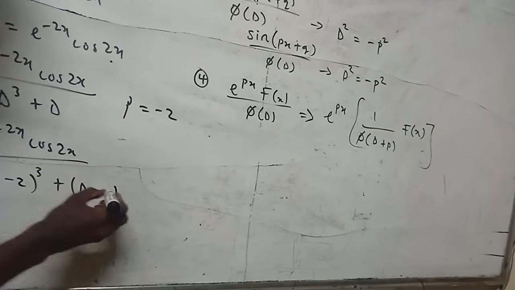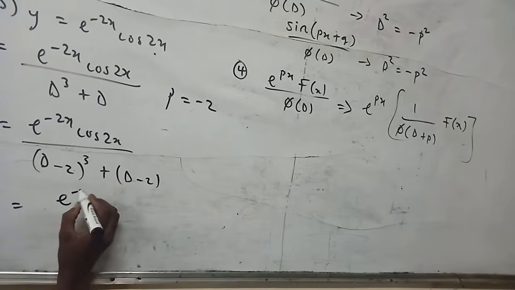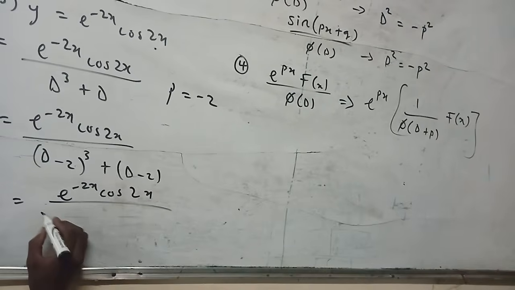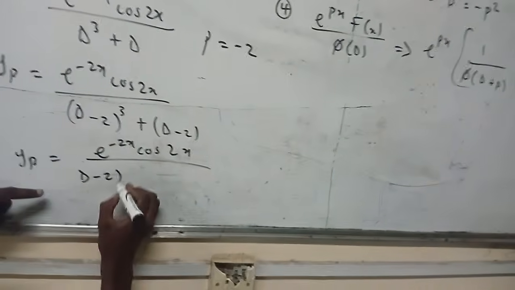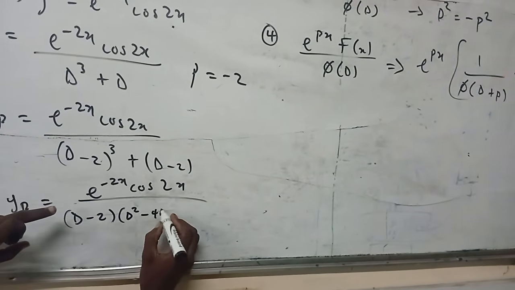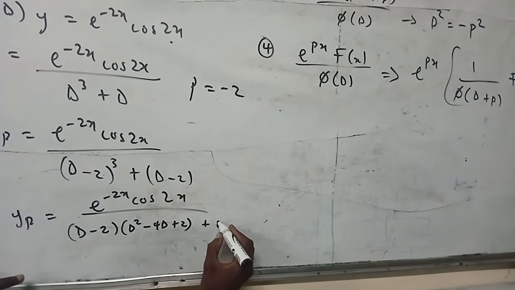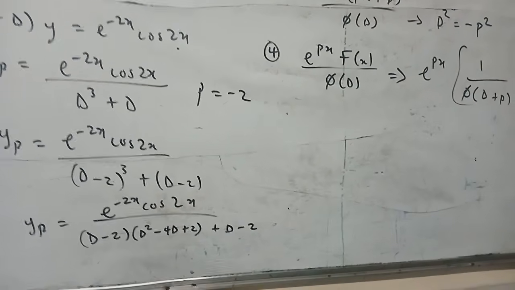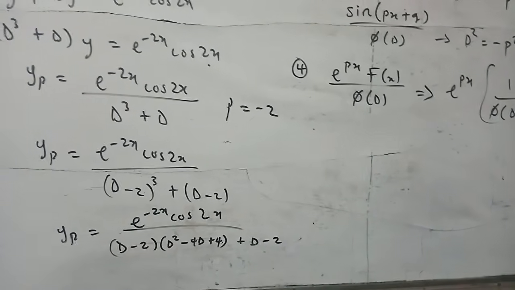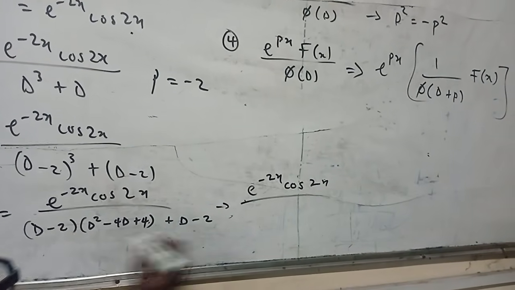Minus 2, minus 2. So opening this, we have something like yp equals e raised to power minus 2x cos 2x over, opening this, we have (d minus 2) into bracket, opening this one squared, we have d squared minus 2d minus 2d minus 4d plus 2 plus 4, plus d minus 2. Now opening this one, we have it as e minus 2x cos 2x over d cube